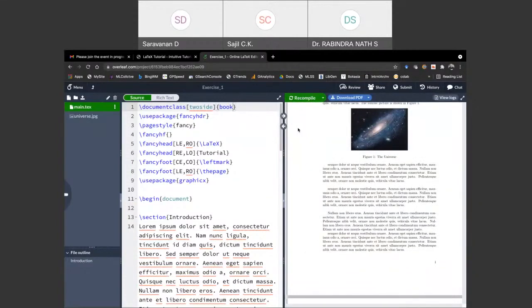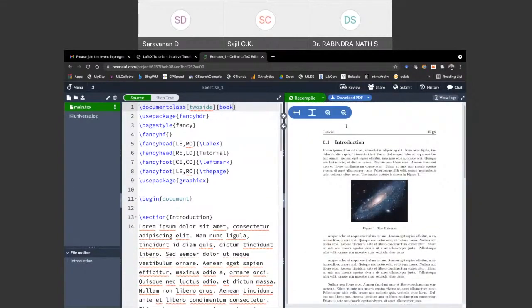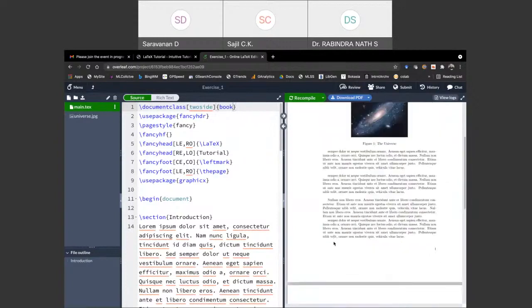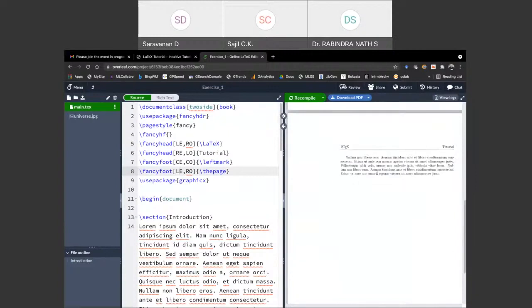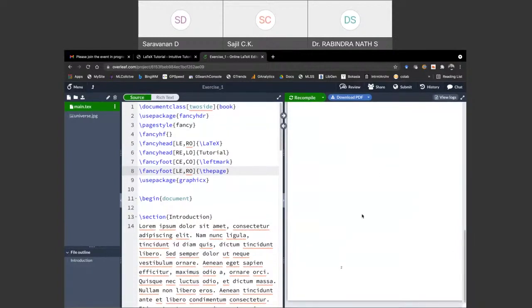Since your large document will have a binding on the left side, in those cases you want the page number to appear on the right side because it's an odd page. For an odd page it should appear on the right side. For an even page it should appear on the left side. So if you go to page number 2, the page number appears here.